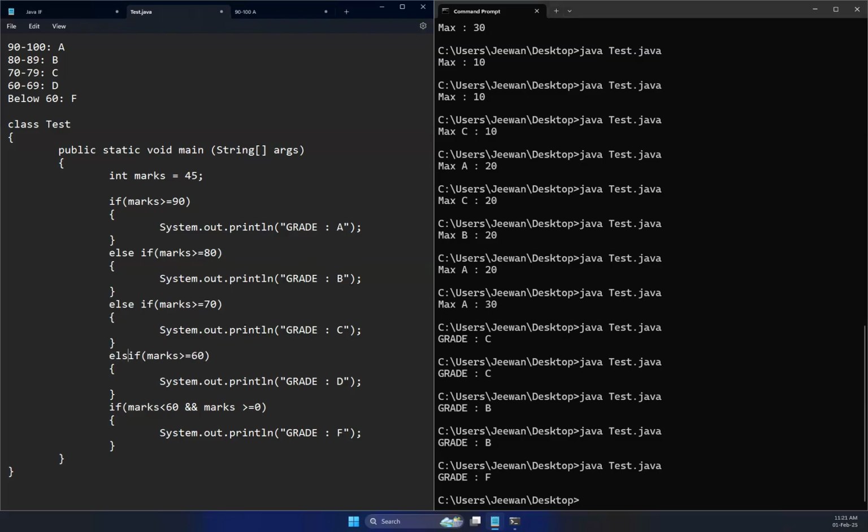Then you can see here, it displays D. Now if it is less than 60, even if it fails, meaning less than 60, then I'm going to say else, that is F. Right now, even if it is a negative value or even if it is above 100,